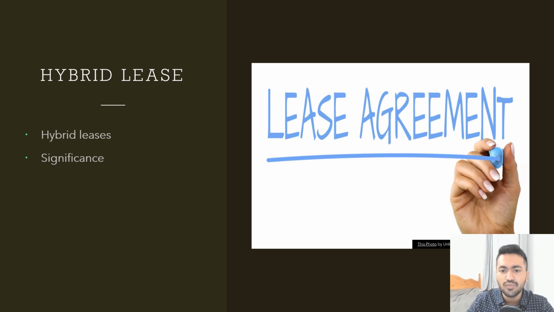Hybrid leases are important because they allow both renters and landlords to find a balance that fits their needs. Maybe the tenant wants to share in some cost and also wants some predictability in their expenses. So just to summarize, a hybrid lease is like creating a special rental deal by taking parts from different types of leases. It is a way to find a good balance between the needs of the renters and the landlords, making sure both sides, landlord and tenant, are happy with the arrangements.